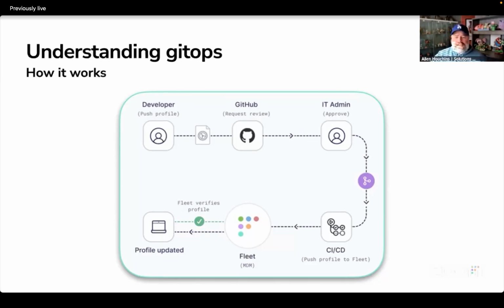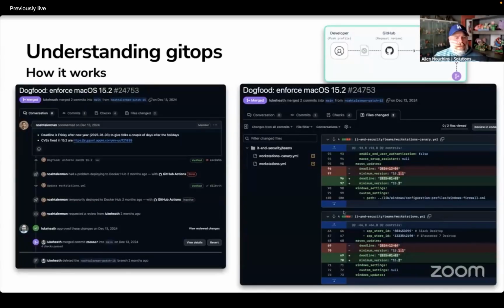So I know this is a lot to take in, and this is, again, a very basic example, but let's actually dive a layer deeper here with a real world example. So at this stage, we're really focusing on everything that happens before the merge. And in this case, on the left-hand side, we have Noah, who is the head of our product team. And so this is someone who's not in IT and not an engineer, but he wanted to propose a change. And that change in this case was forcing everyone to upgrade to 15.2 by a specific deadline to address security